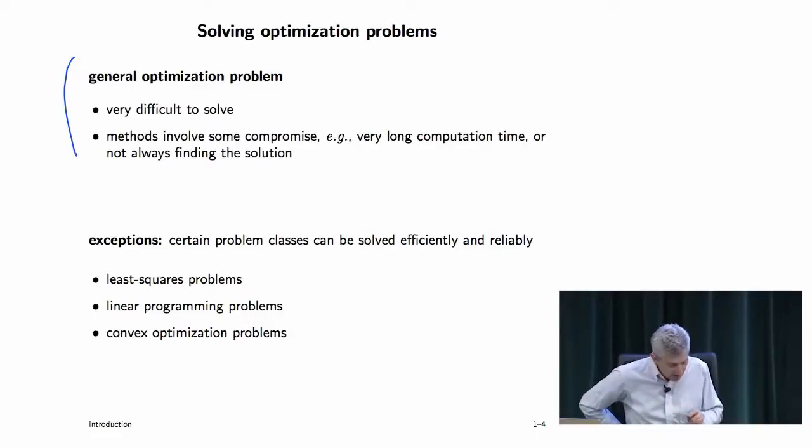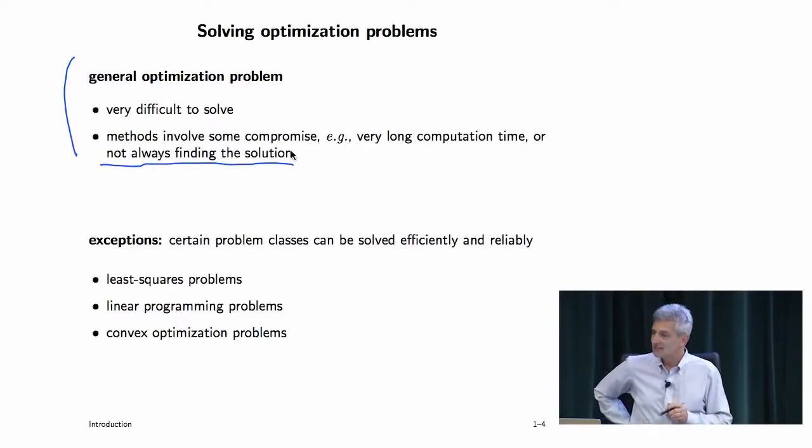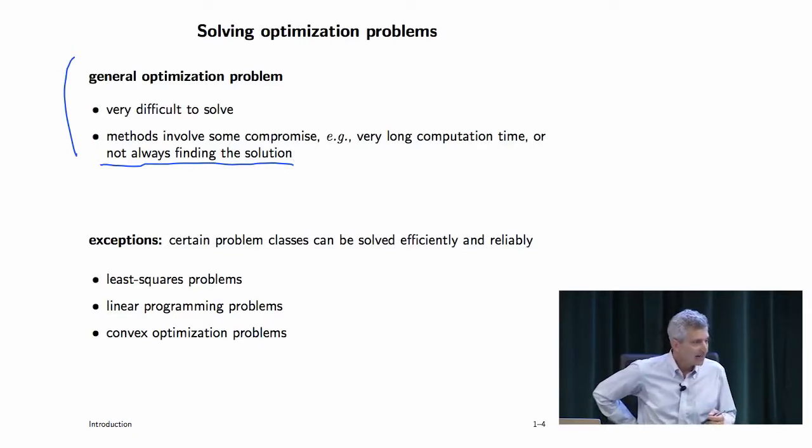In fact, a lot of people use general optimization all the time, but there has to be a compromise in all cases. The most usual compromise is to not always find the solution. That's local optimization, and it means you simply run an algorithm that does something, and may or may not produce a point that's feasible and has an objective value that's lower than, say, a starting point you compare it to, and that's fine.